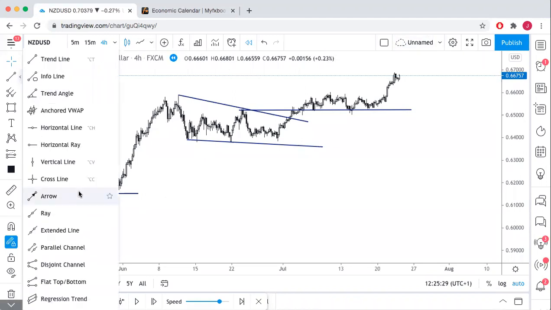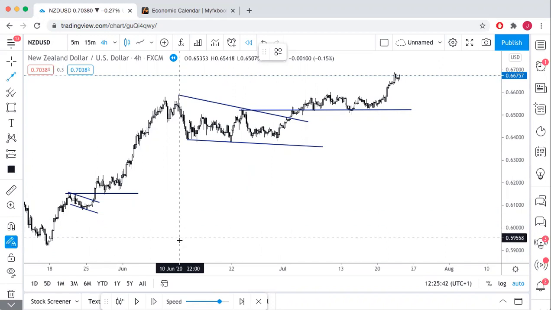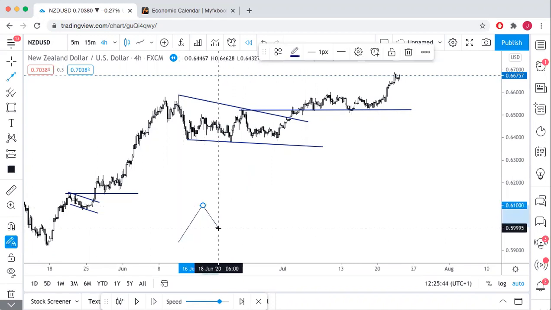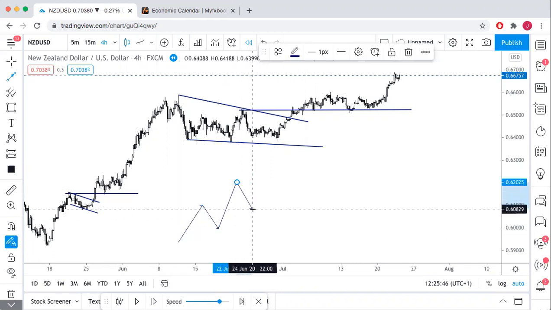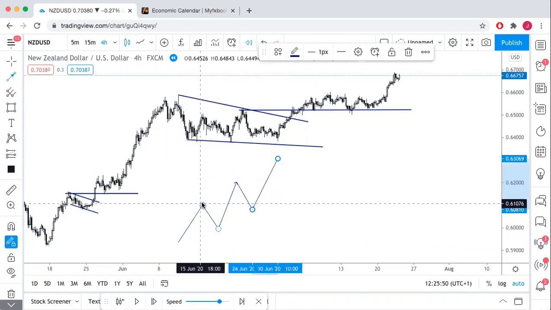They are quite simple. Essentially, a flag pattern is a corrective pattern. Now, it's important to remember that. It's a corrective pattern. That means it is a correction in the market. The flag is the correction. So by that, I mean, for example, when we're in a bull trend, price pushes up like this, doesn't it? We have a bullish move. This is a bull trend. We're having pushes, corrections,